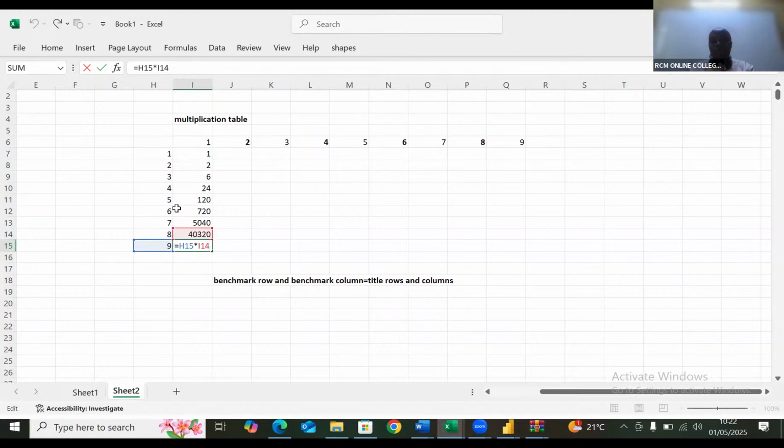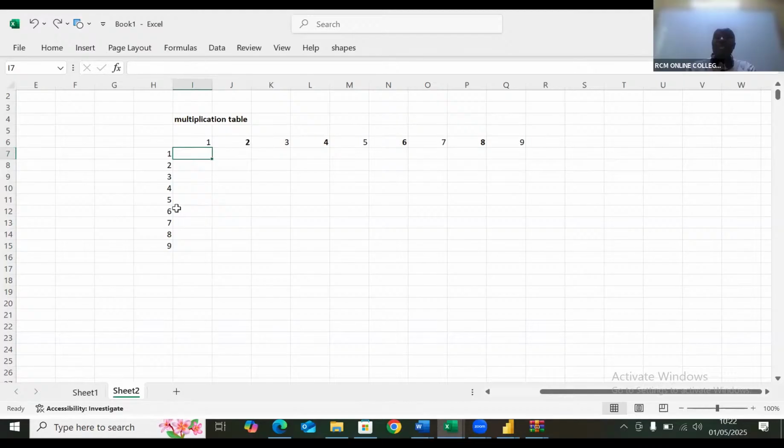Allow me to undo whatever I've done. So Control Z like that. Please listen. In my case, I don't know about your case, I can see this top row is a title row. My top row here, if my memory serves me well, is row number 6. The whole of row number 6 is title. So row 6 is title,